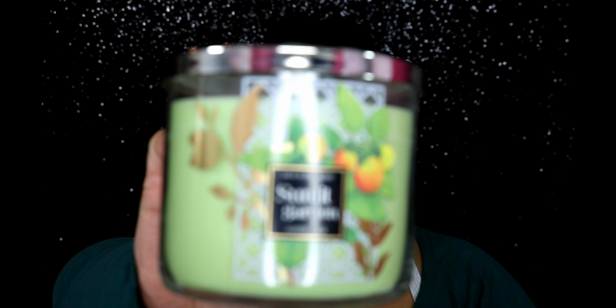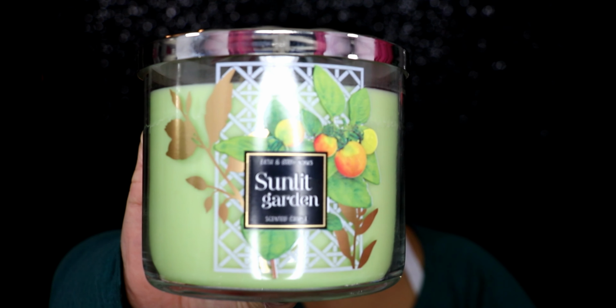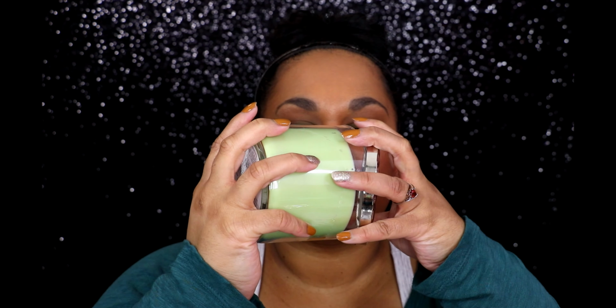So the next one I got from that collection was Sunlit Garden. And I really like this package too. Thought this was really cute. I really like the green. Thought it was really nice. This is...